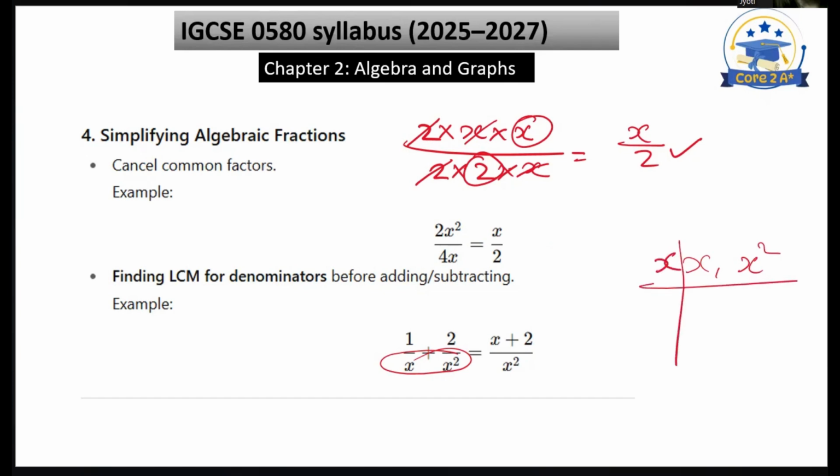Start with the x one time, and if we divide by x, we will get x. Now the LCM is what? LCM equals x times x. So you know very well x times x is x square. So write the LCM in the denominator, and